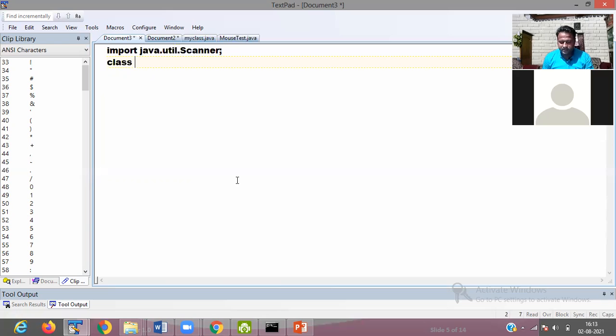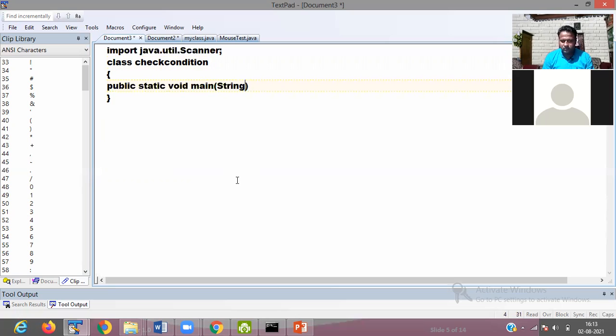Then class CheckCondition that we're using. Then public static void main String args.